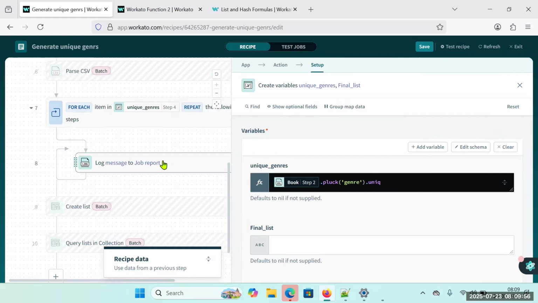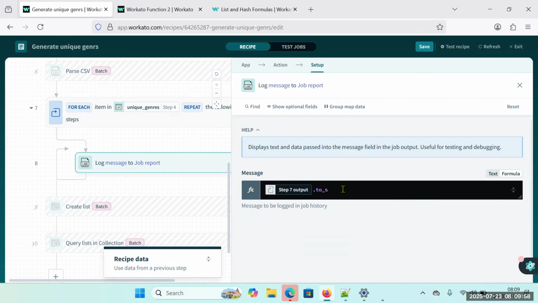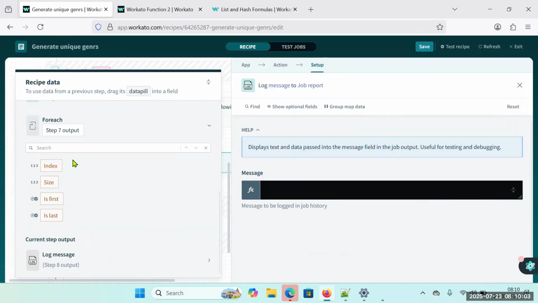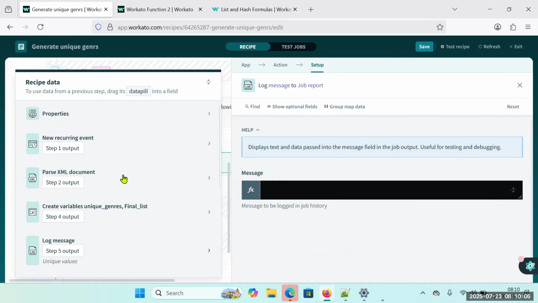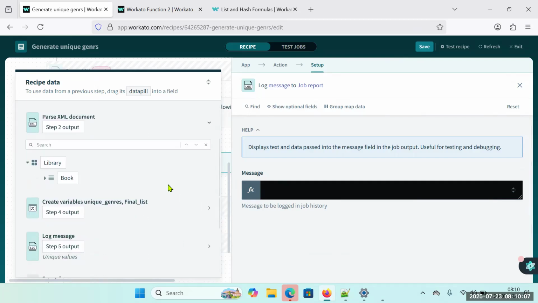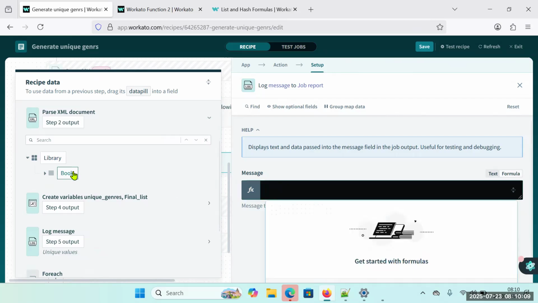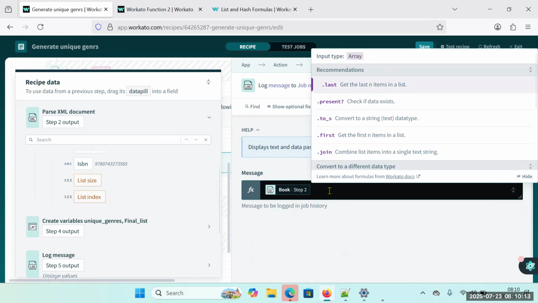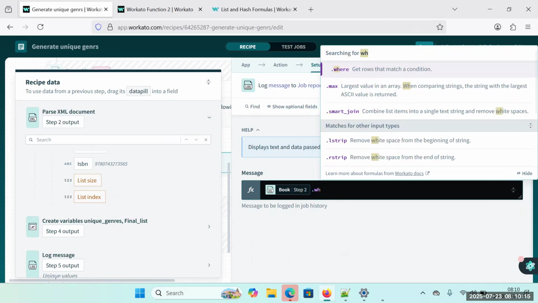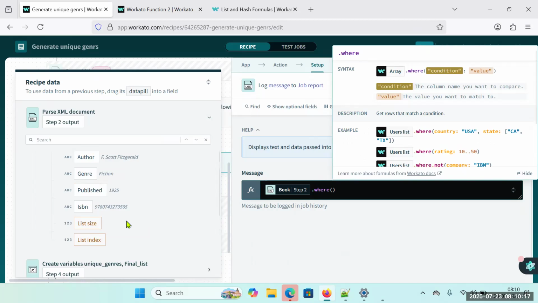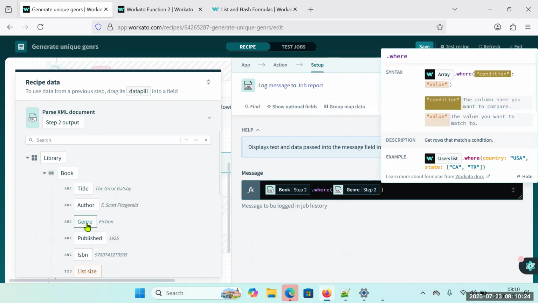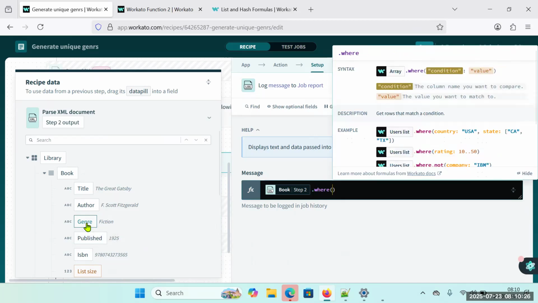So now I want to just apply this value, whether I'm able to get the filtered list. For example, I want to apply the filter list. Where is my list here? My list is coming from the book. So from this book, what I need to do is I want to apply the where condition here. From this where condition, what is my value I wanted to filter? I want to apply the filter on the generate. So you can just put,